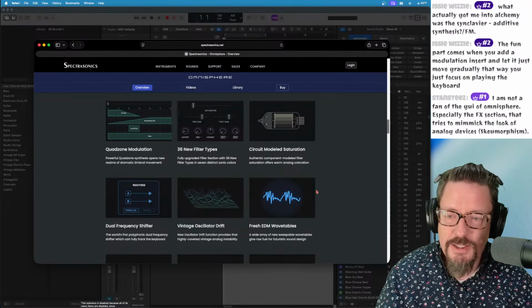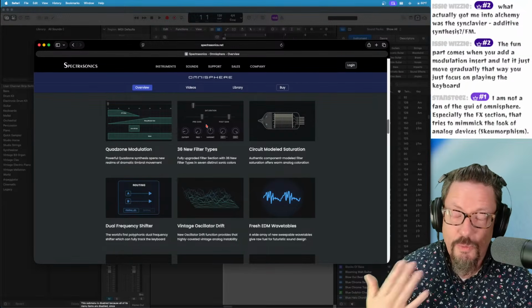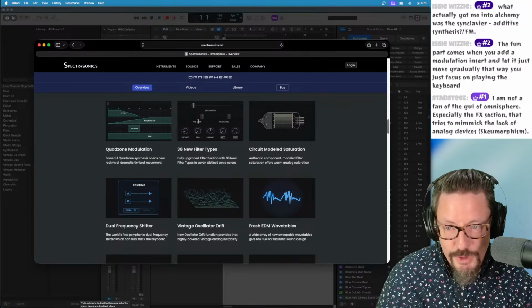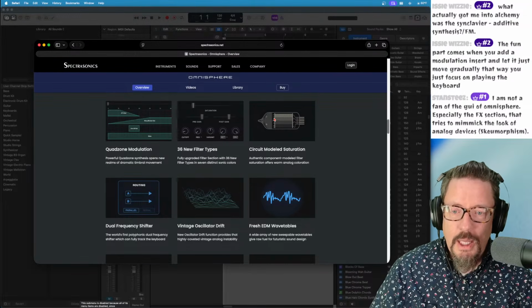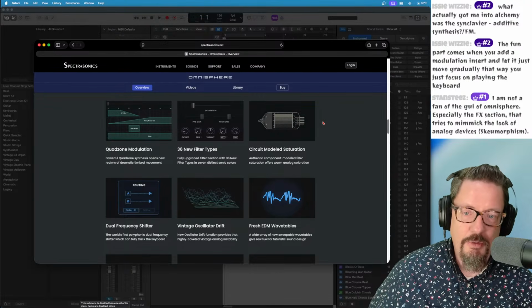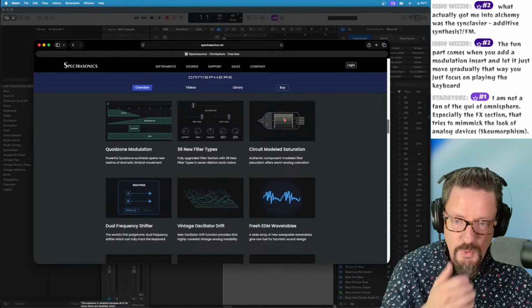Like a piece of dust or something. Alchemy has at least, in their filter slots, I think 39 filter types. Woohoo! They're all fine. Clearly, someone did a lot of circuit modeling, saturation type stuff in Logic's Alchemy as well. I don't know. I'm not comparing those one to one.